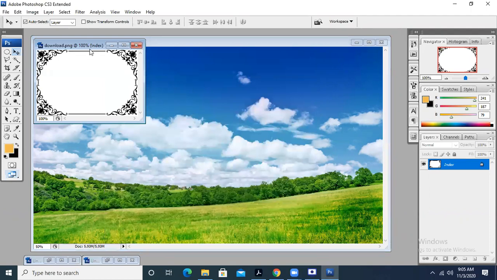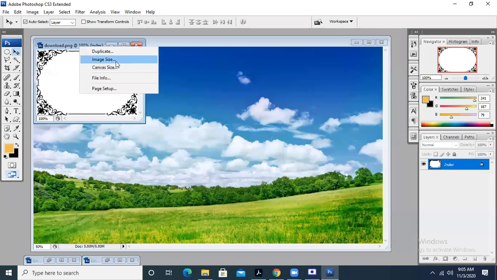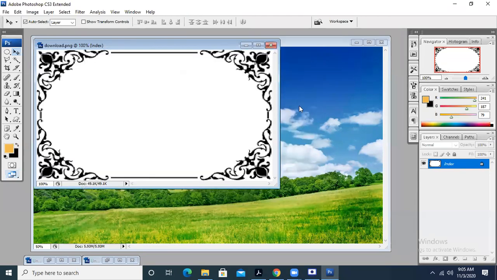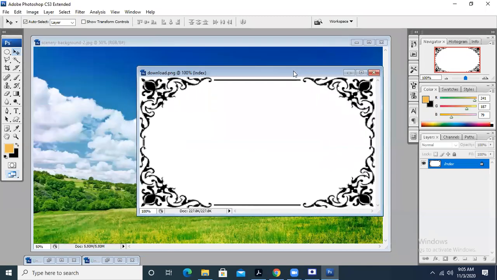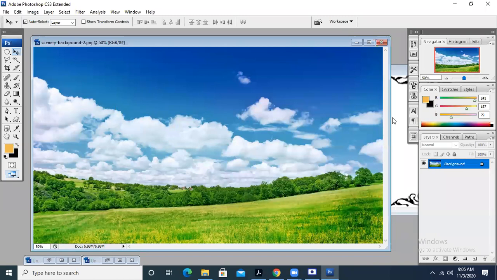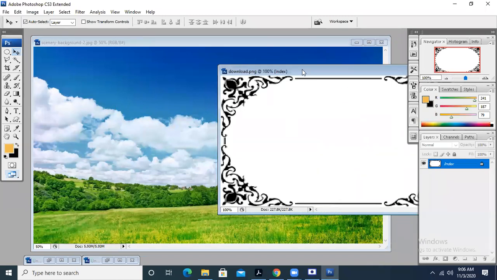Okay, the border size is right now too small. We can increase the image size as well, from 9 inches to 5 inches, so that the border size should also be the same. Now how we can place the image inside it, how we can do this job,